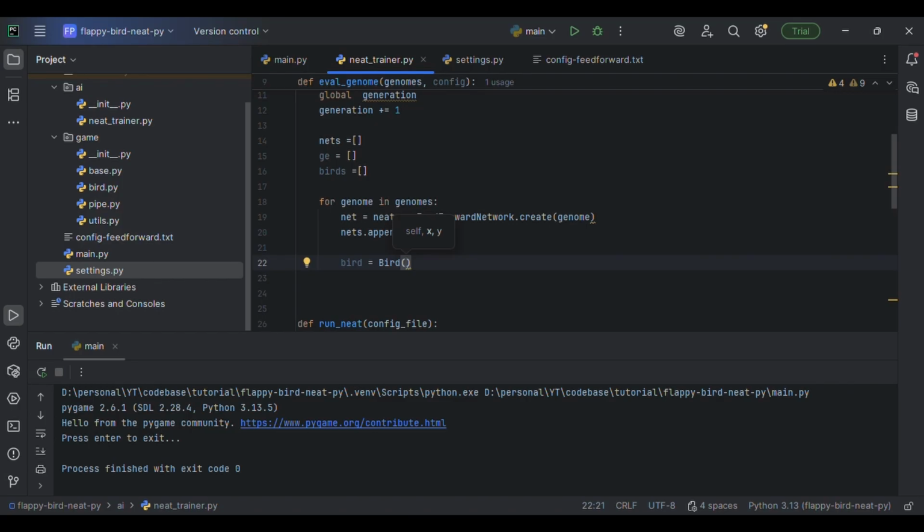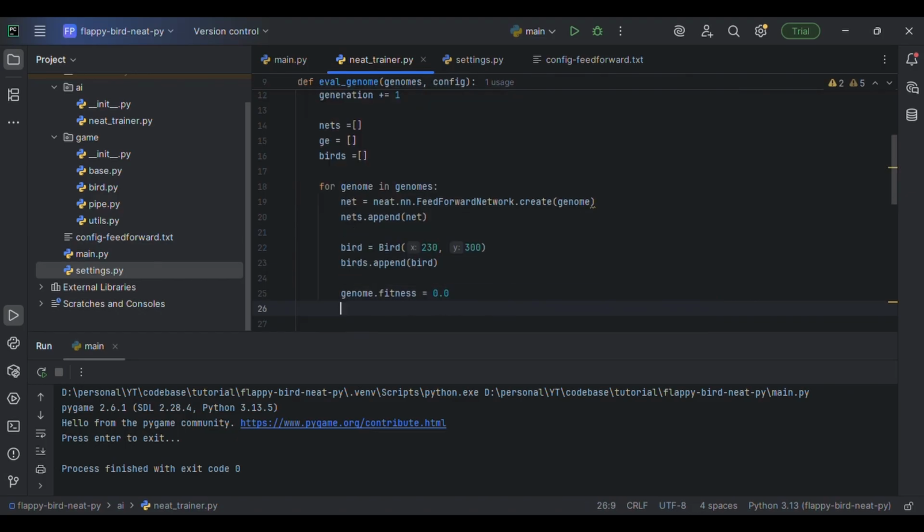and what we'll do here is we'll define the position where the bird should be spawned. Okay, so let's create the bird. Let's say bird, and its initial position is, let's say, 230 on X and 300 on Y. So this bird, again we'll append into our birds array, and then initialize the fitness with 0 and add this genome to our G array, that is to store the